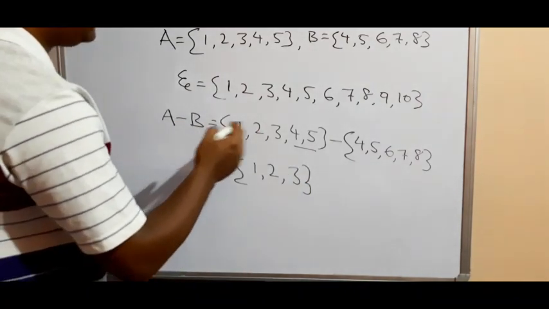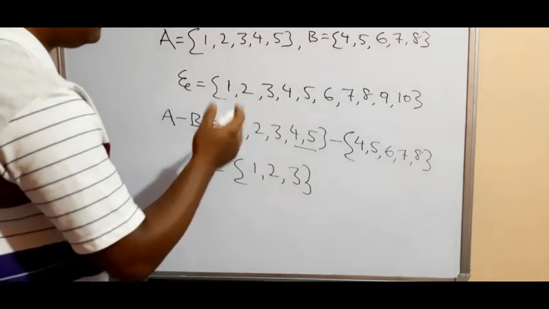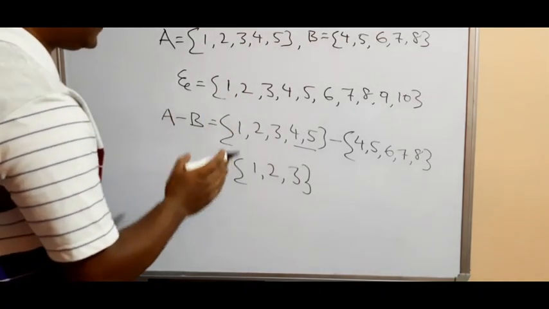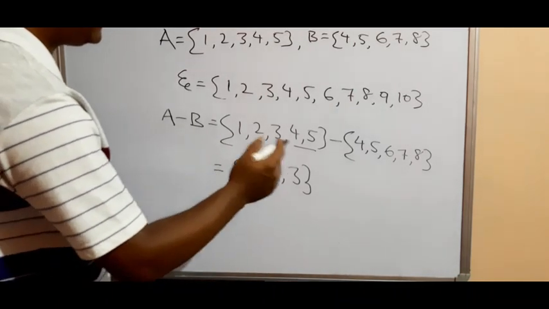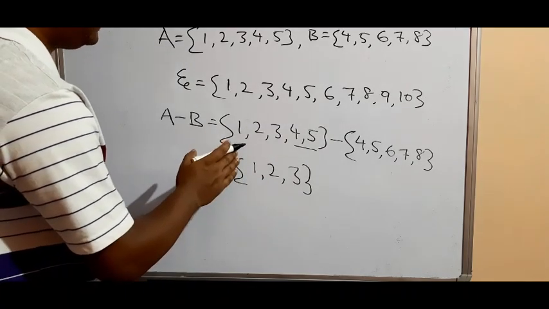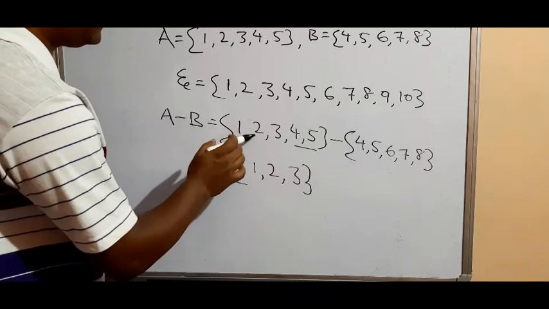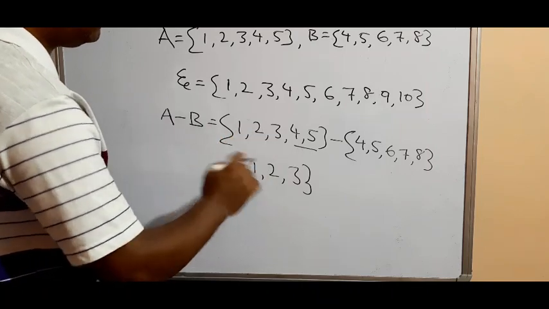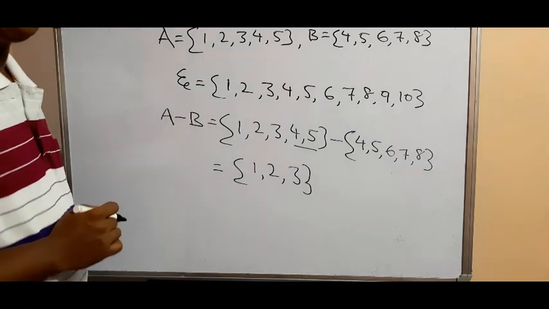Understood? How we will get the difference? In intersection, what are we doing? What are the common elements that we are taking? That is the solution. But here, for difference, what are the common elements? We leave them. And what is left in the first set? The first set is A. In the first set, what elements are left? 1, 2, 3. So the answer is 1, 2, 3. So difference understood. How to find difference?